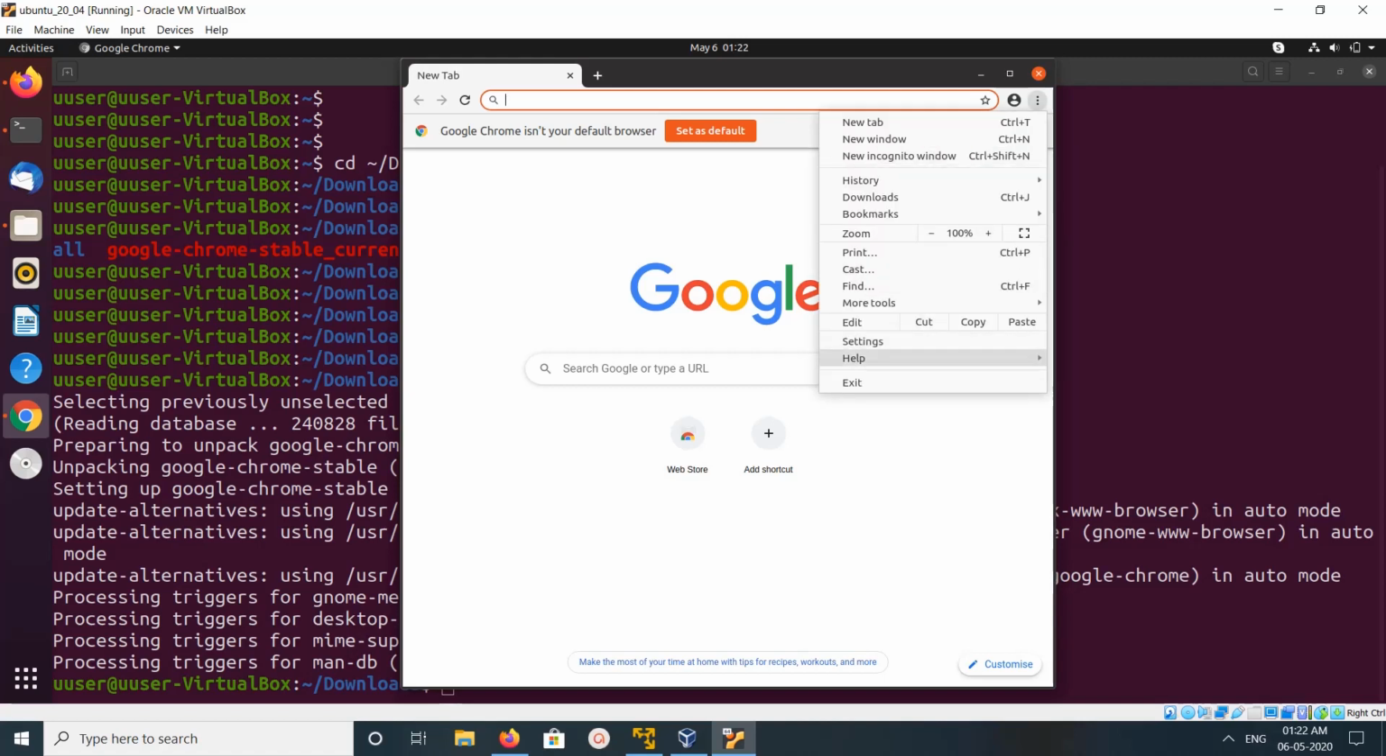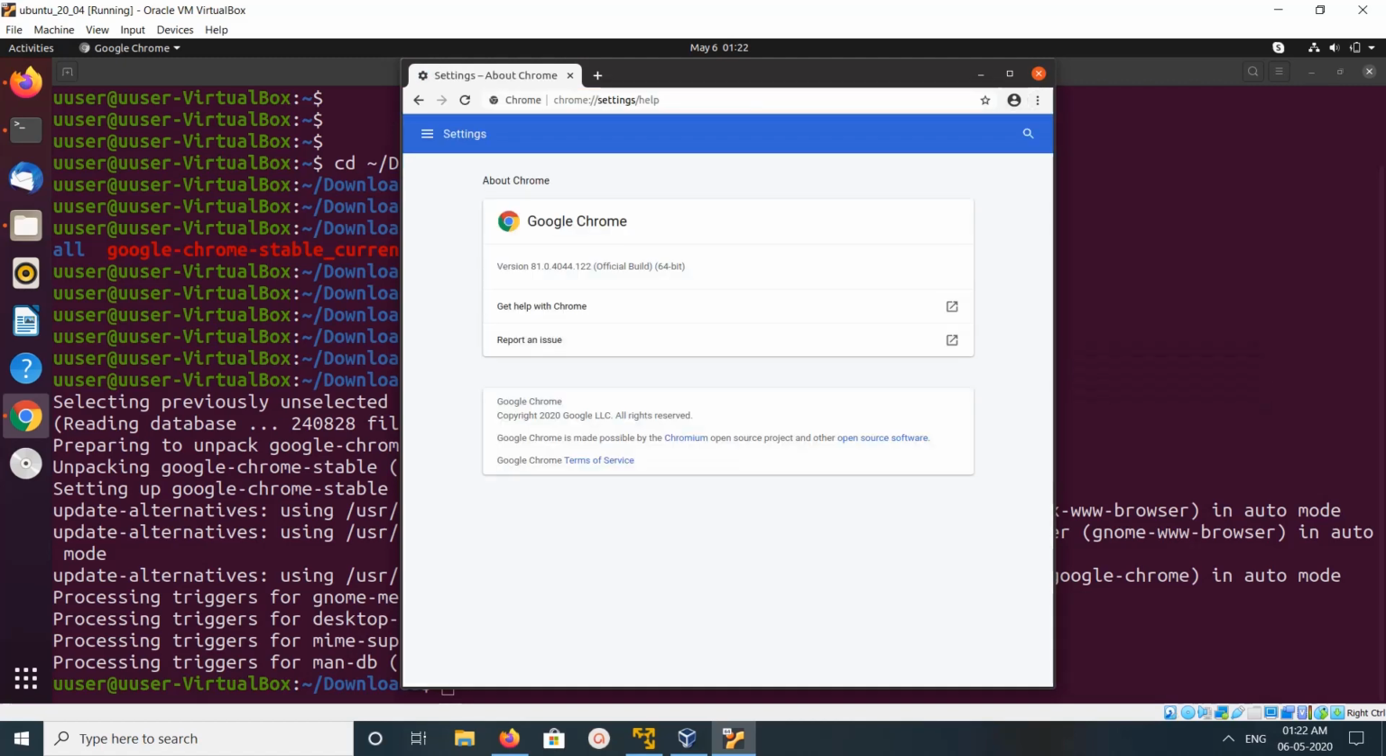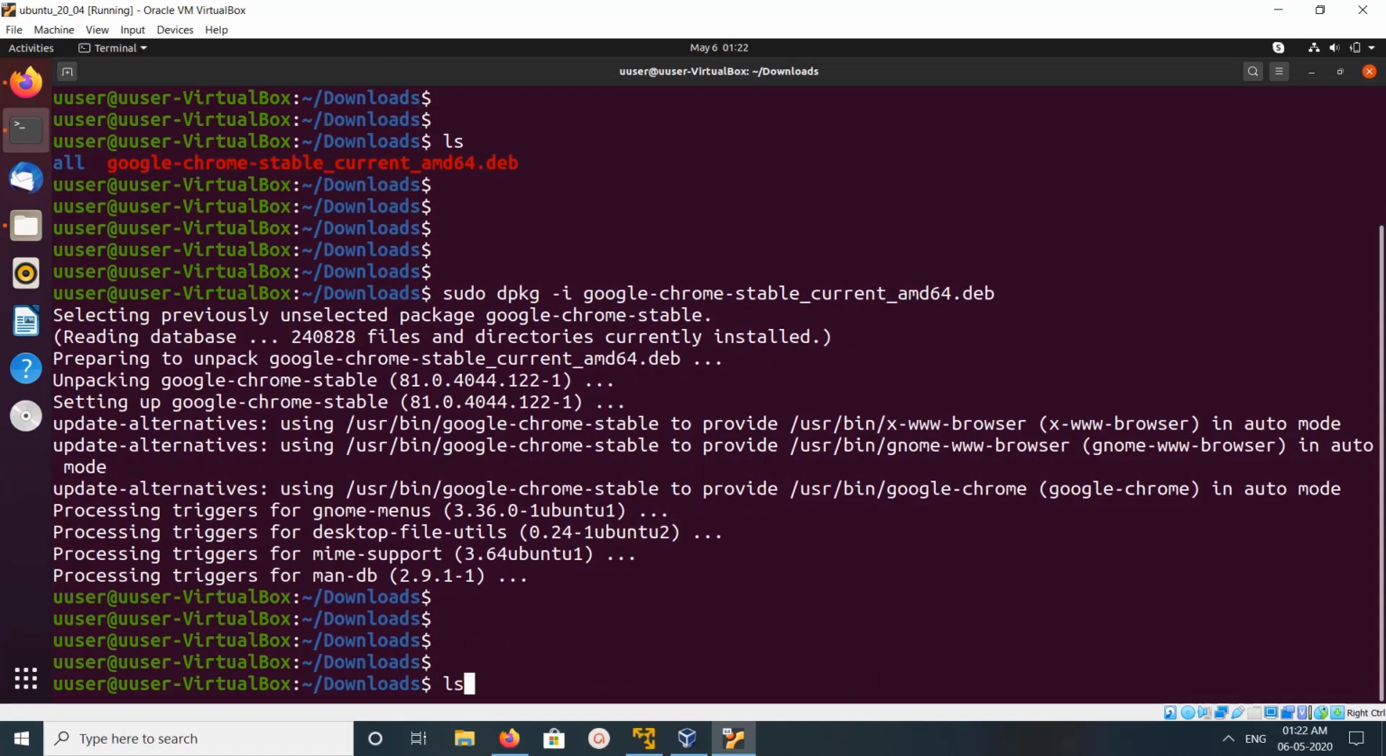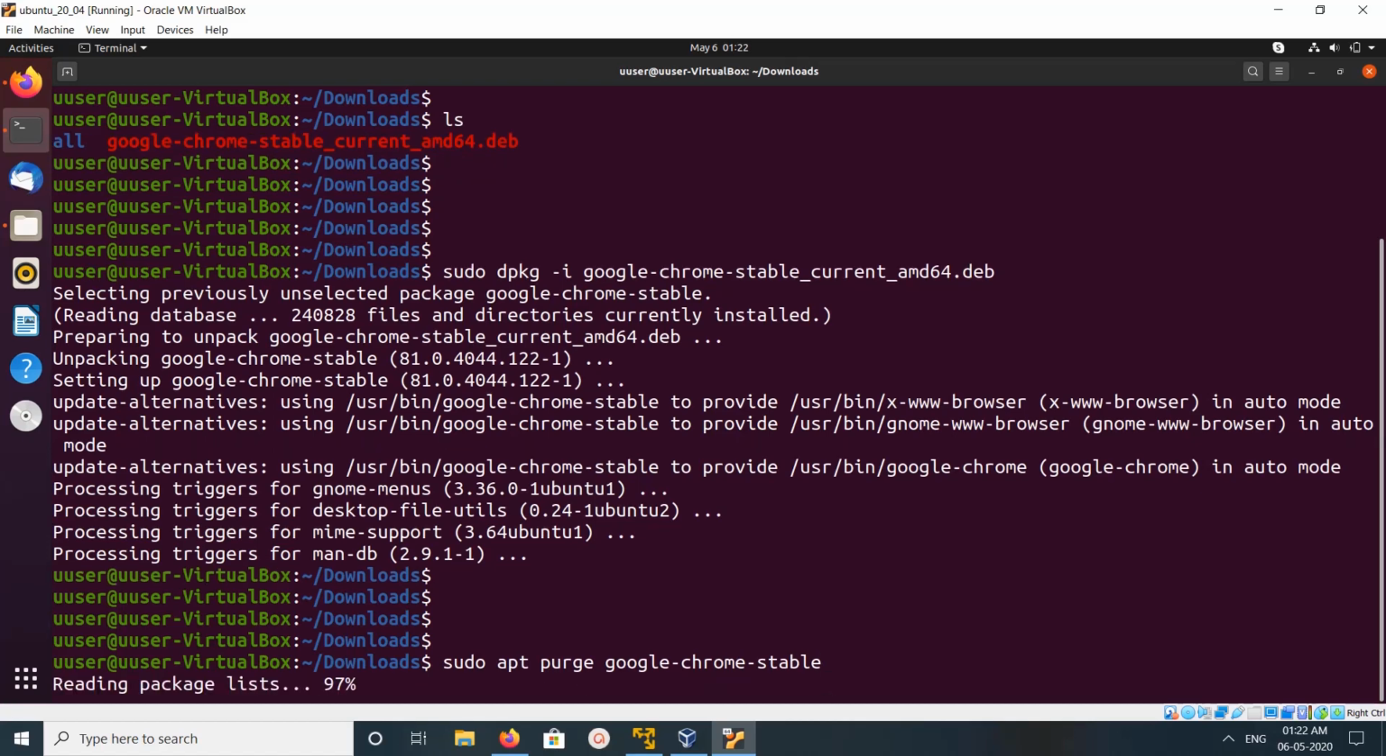If you want to uninstall, we can uninstall Google Chrome. So for that we need to run this command sudo apt purge google-chrome-stable. If you run this command,